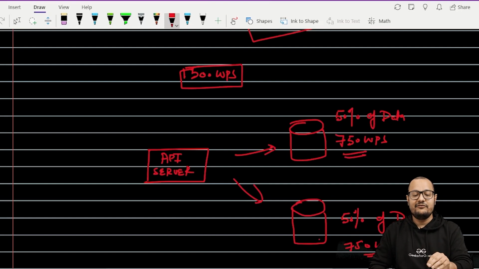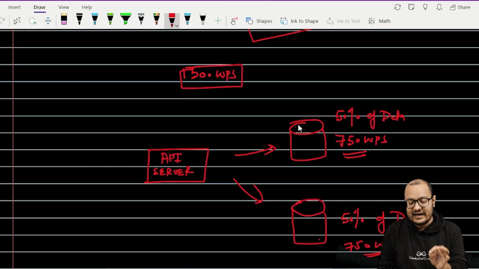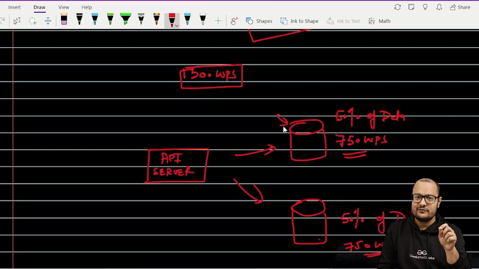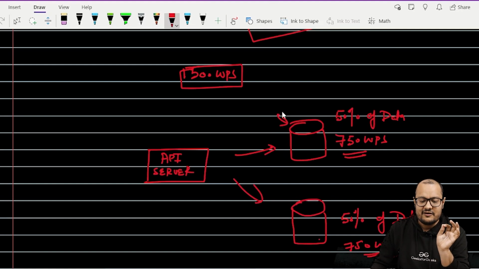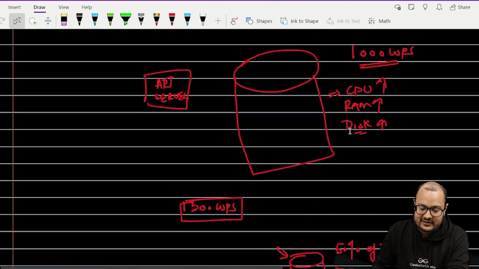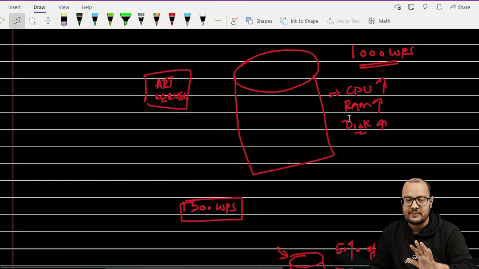Now, even if you have to handle more than 1500 writes per second, let's say 2000, you can do that as well, because a single machine already had the capability of handling 1000 writes per second. We saw in the previous example that whether it is Amazon, GCP or Azure, any cloud gives us this much capability.